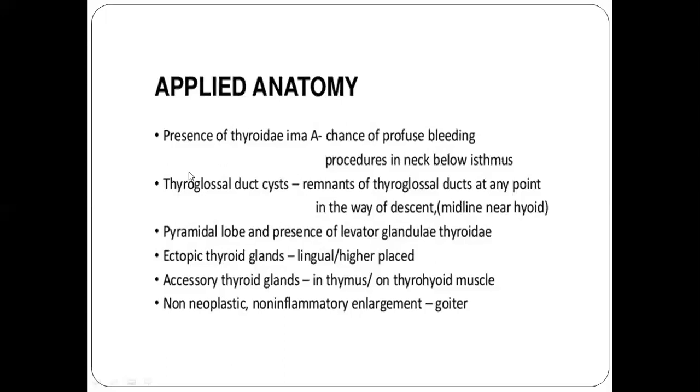So whenever we have to operate on these thyroglossal cysts, which are in the midline and move with swallowing, up and down, we have to remove, along with the thyroglossal cyst, the body of the hyoid bone as well. So the pyramidal lobe, I've shown you the pyramidal lobe, which is actually a projection of the isthmus, and actually it is to the left of the midline.